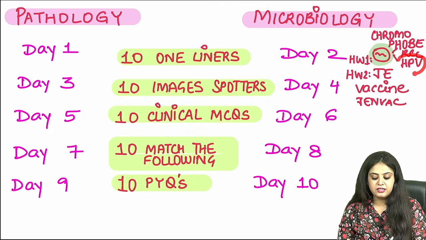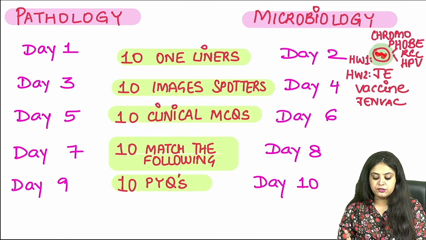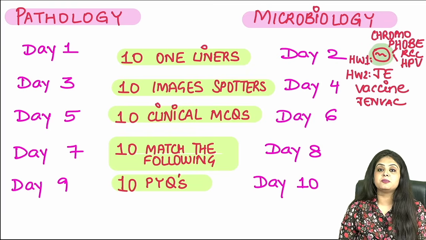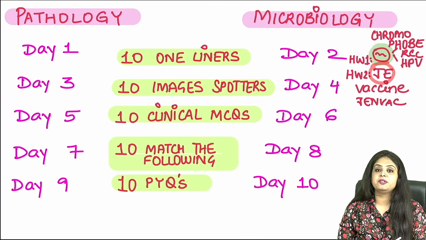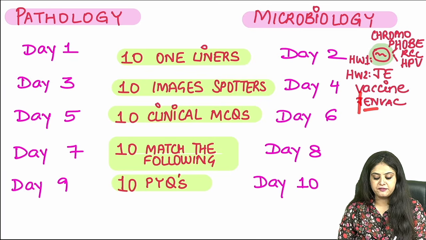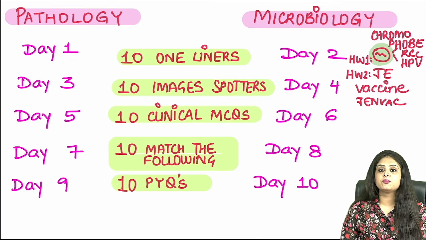One was which cell similar to coilocytic cell is seen in renal cell carcinoma, that is chromophobe RCC. That also shows a raisinoid nucleus with a perinuclear halo, but here in RCC chromophobe type, it is known as the plant cell. The next homework that we had was the new vaccine of Japanese encephalitis. So Japanese encephalitis vaccine is Genvac, which is a killed type of a vaccine prepared from the Kolar strain,